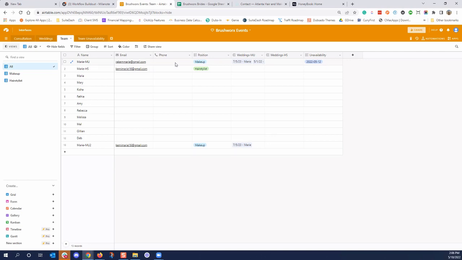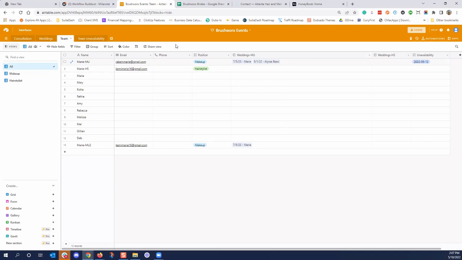Remember we briefly spoke about them having access to see their own card, to see which weddings they're on. I can do that instead of just sending an email each time, or I can send a text message or an email with the list of weddings they're on instead of giving them access to this.